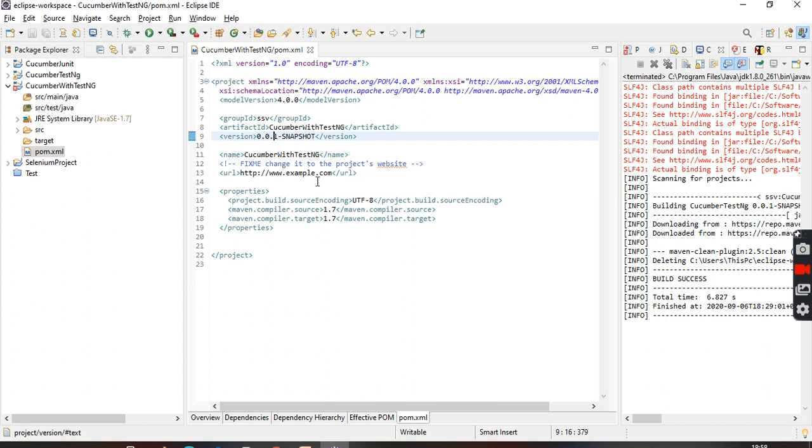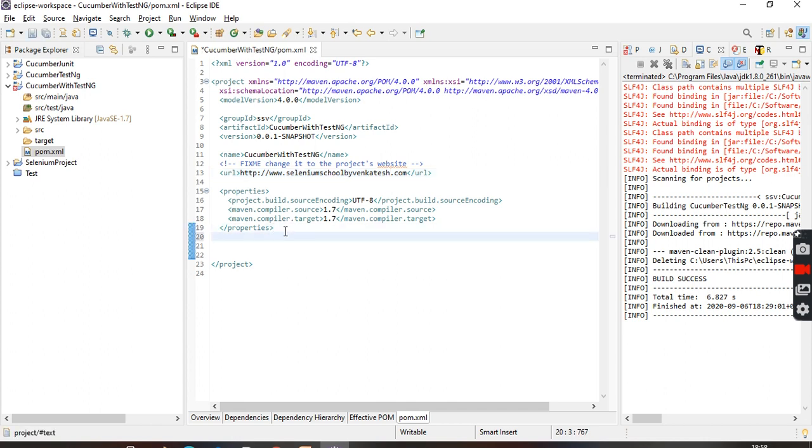And what about this URL? You can keep it as anything. If you want, you can remove it also. Otherwise, you can keep it as it is, no issue. Selenium School by Venkatesh. If you have your own website, you can put it, no issue.